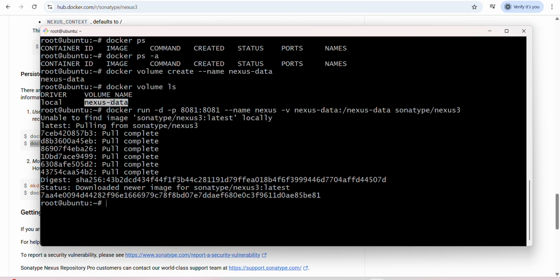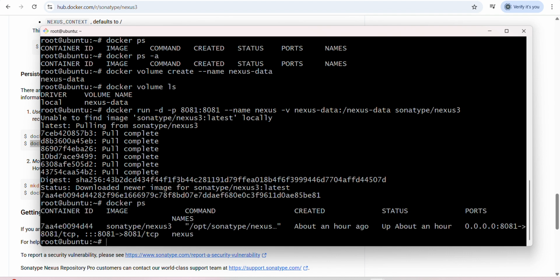local nexus-data. Then I run this command, docker run -d -p, with Nexus attached to the volume nexus-data, and this is the path. So I attached one, and Sonatype Nexus. So this is my container name. So it downloads the Nexus repository and runs the container. You can check docker ps. Now Nexus is running on 8081, and I will take the public IP